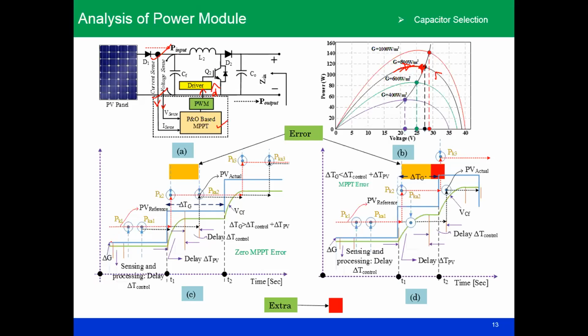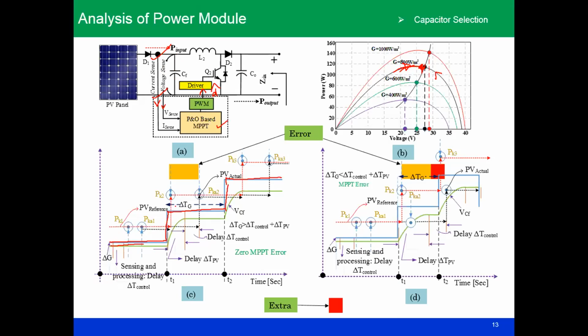See here, I have given a perturbation kind of irradiation. So irradiation changes in this way, and let us say you do not select your capacitor value properly, or any value you have arbitrarily selected, that is not actually a good solution. What may happen is that if the capacitor value, unfortunately, you have selected a very low value, let us say for an example, so what will happen?